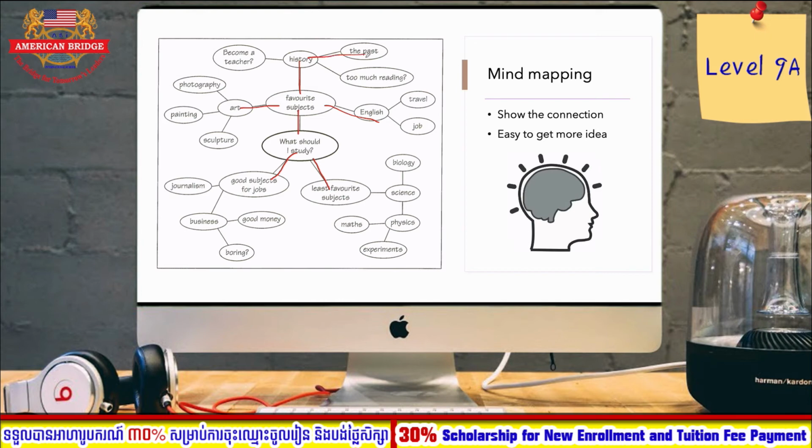You learn about the past. What are the advantages or disadvantages of these subjects? And so on and so forth. So if you practice mind mapping, you will see a better connection from one piece of information to another point. So mind mapping is a good way that you can use to brainstorm, because you can allow your ideas to flow and you can see the connections in your map.